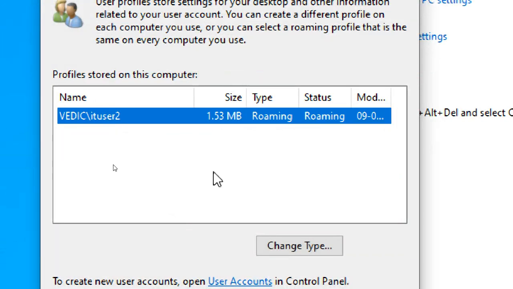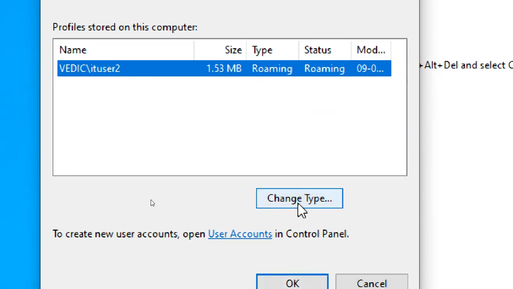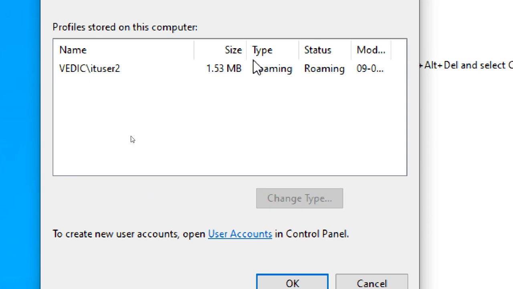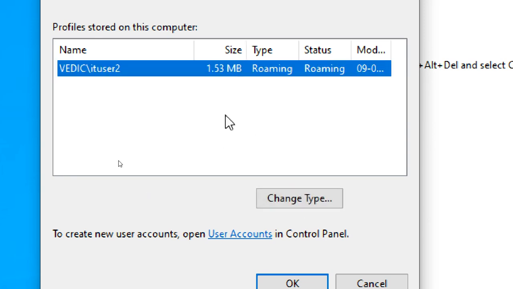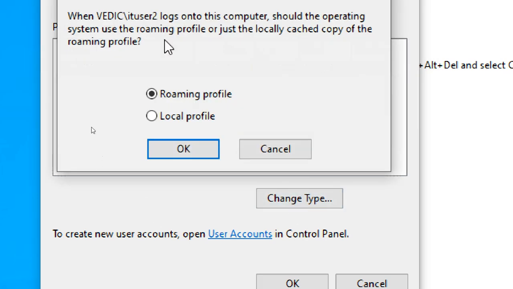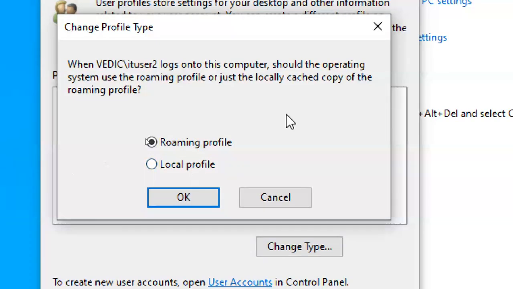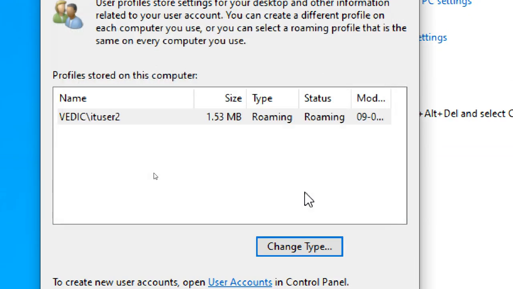Try once again. If you are still not getting it, it is not at all a problem, because sometimes because of network conditions, or maybe folder permissions, or some inaccuracy of communication, it may happen. But try once or twice to make it a roaming profile, by creating new users every time. You can change the type, we can make a roaming profile into a local profile also, but don't change it.